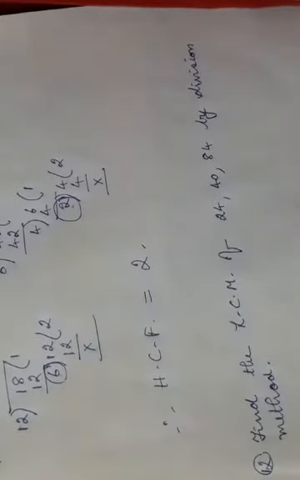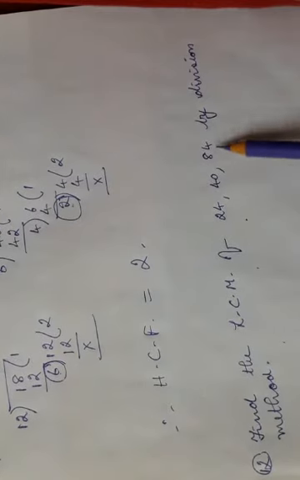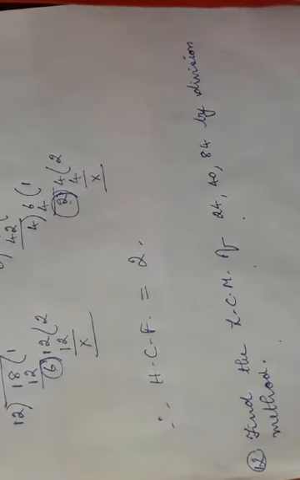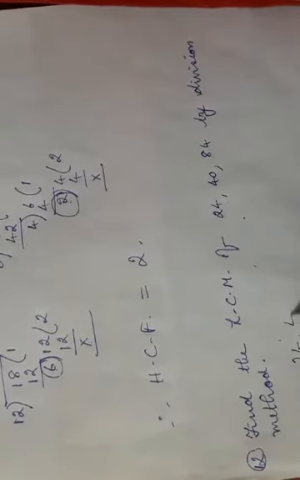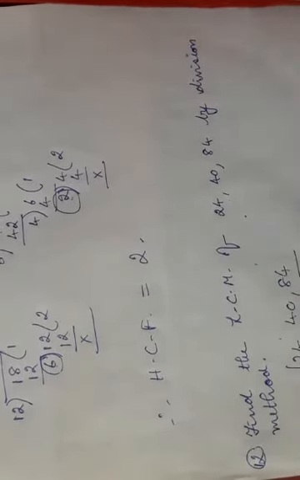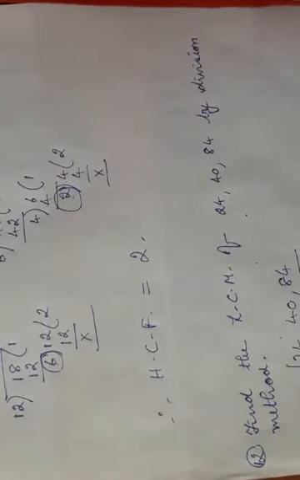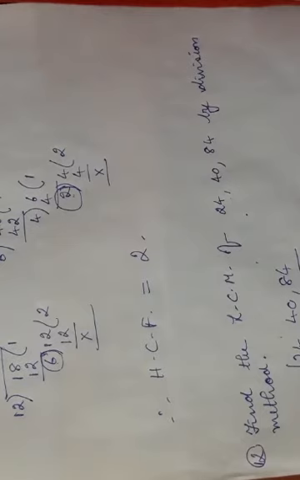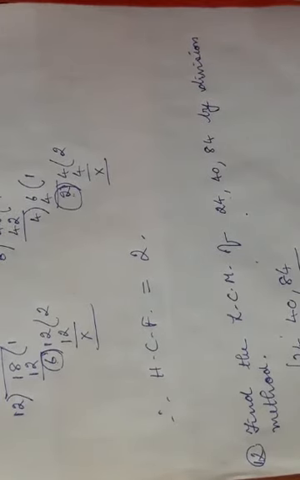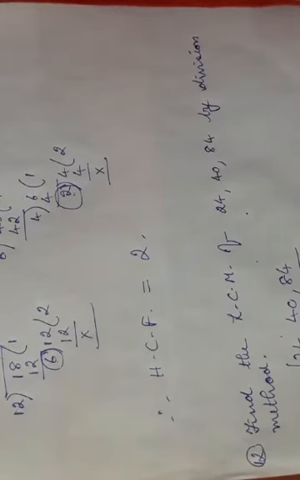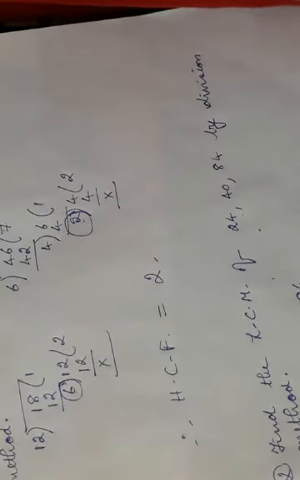Now the next sum. Find the LCM of 24, 40, 84 by the division method. By the division method, all of you know, all the numbers in LCM we have to take. Now we will start. All the numbers will go by 2 here. Now as we can see here, only these two numbers go by 2. 21 will not go. So still we can take. Now we can see here 3. 3 ones are, 3 fives are, 3 sevens are. Until and unless all the numbers here become 1, we have to go on doing.